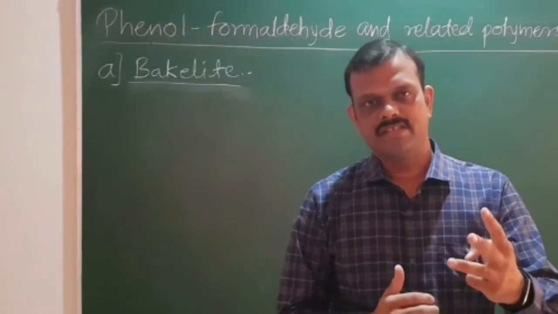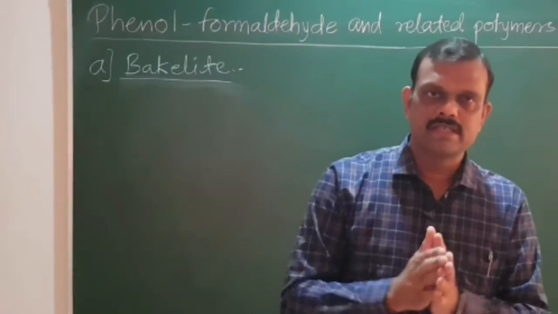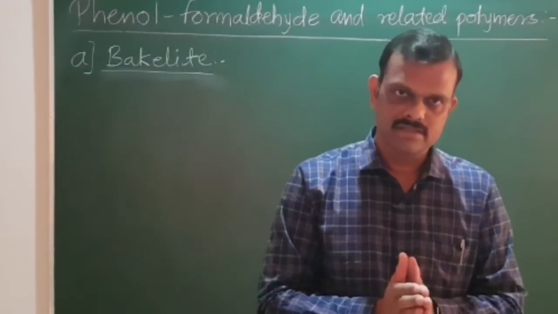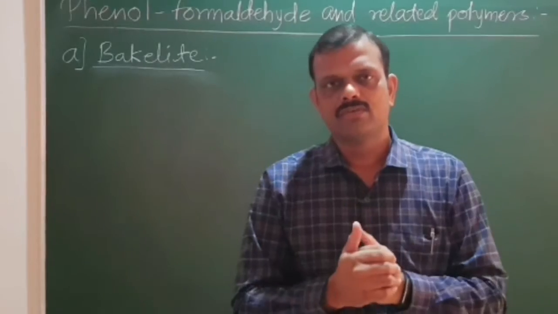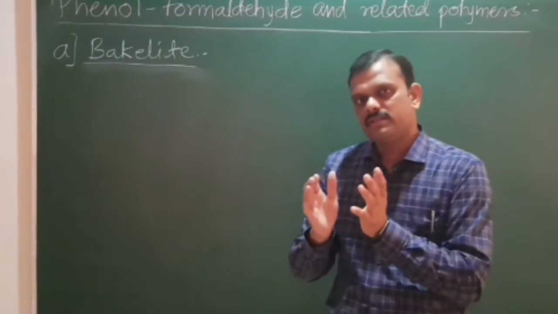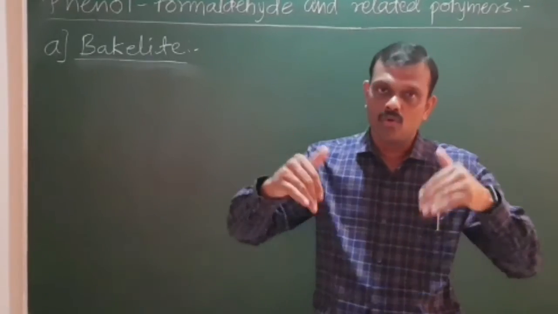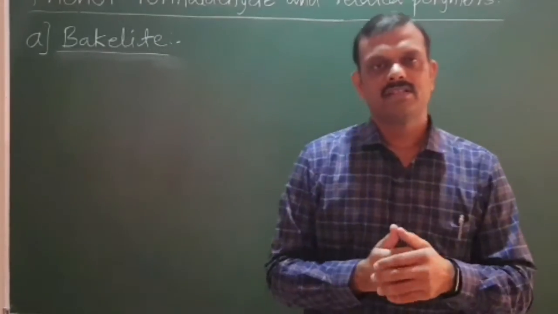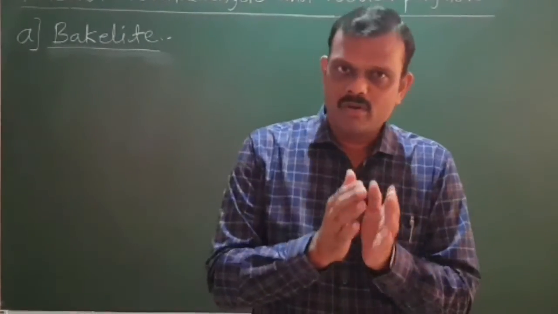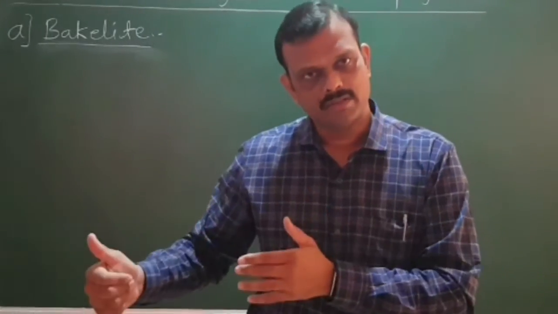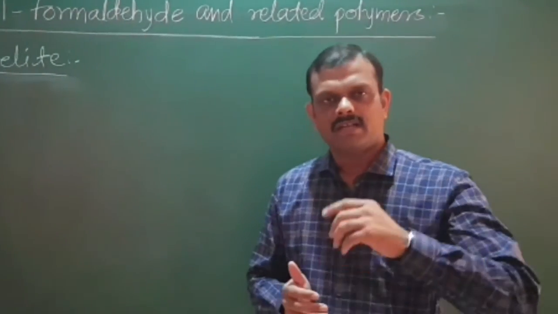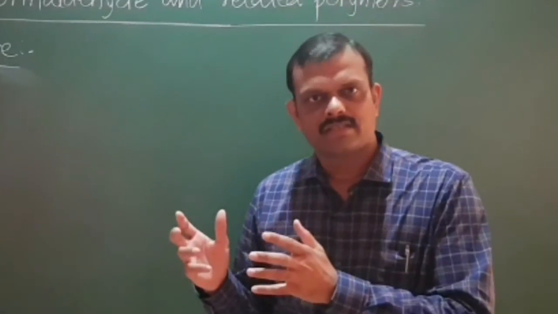It is obtained in 3 stages. In the initial 2 stages, the reaction is carried out in the presence of specific acids or bases as a catalyst, and in the 3rd stage, what do we have to do? We have to pass the monomer through molds so that we can provide whatever shape we want for this bakelite, and after that you will get the expected properly molded bakelite polymer. These 3 stages we can discuss on this board. I am going to draw all these 3 stages and we can discuss them on the board.